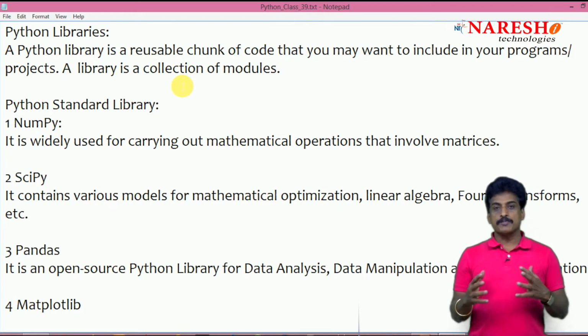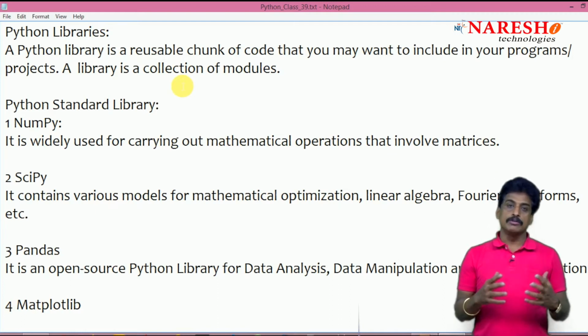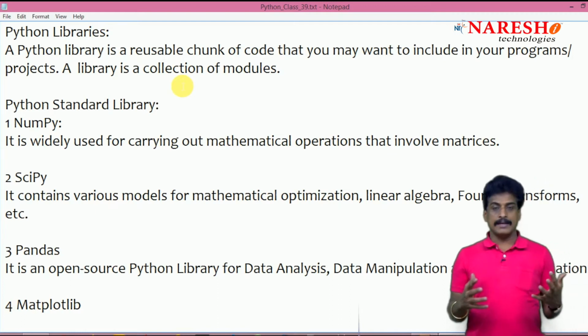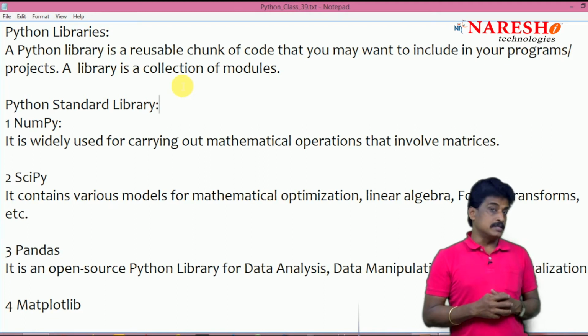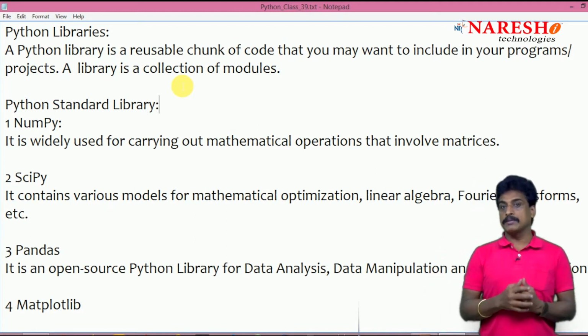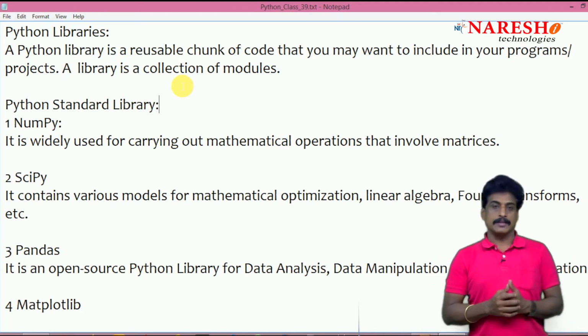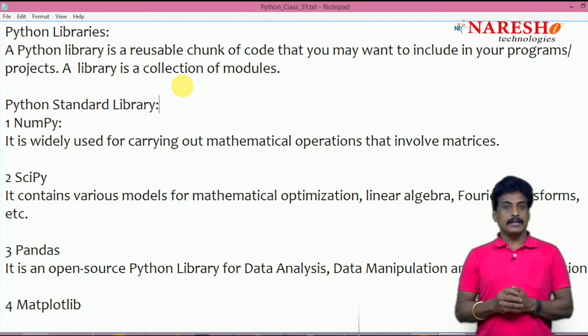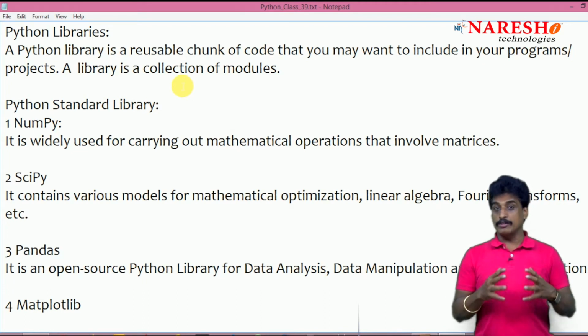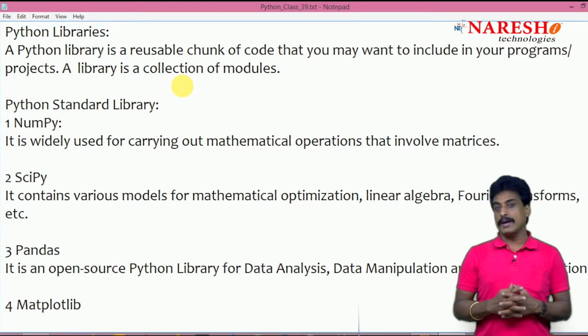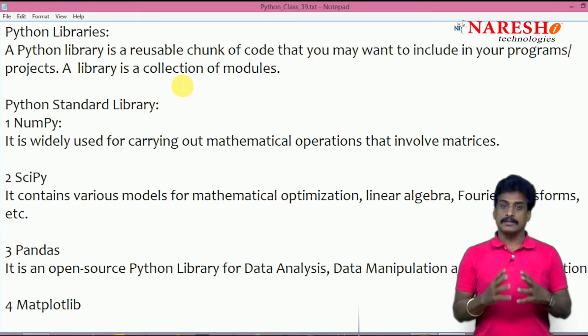First of all, let me explain what exactly the meaning of a function, a module, a library, a package. Then we'll come to what is a library, what kind of libraries exist in Python, and in that library, I am going to continue this video series with Numpy, numerical Python.